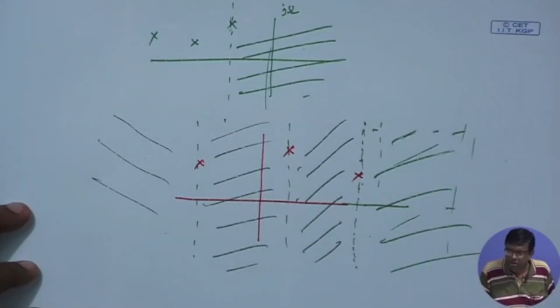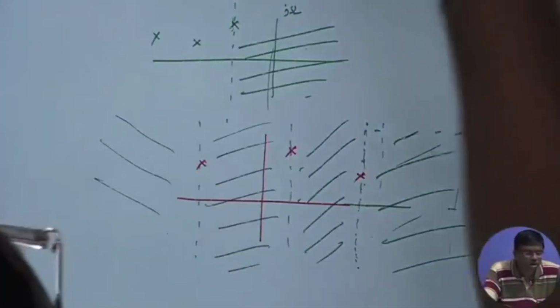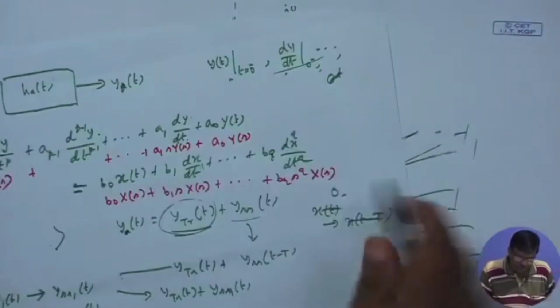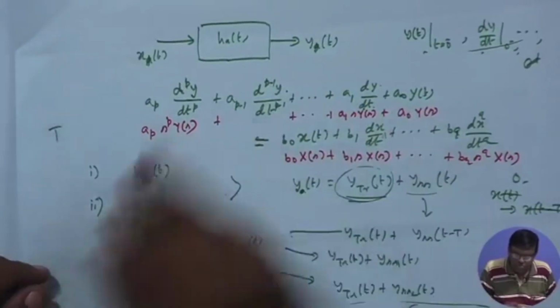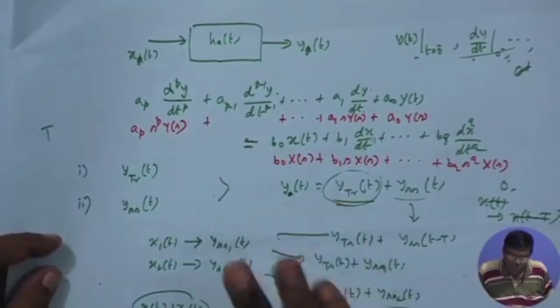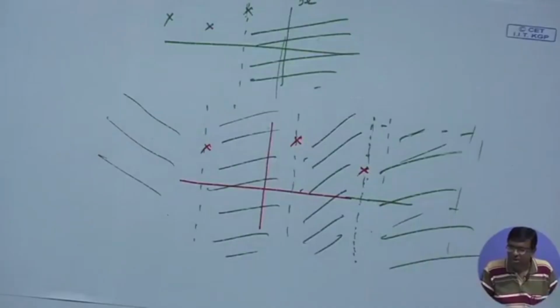Therefore, in designing analog filters, you make sure that you design these coefficients, AP minus A1, A0, not only to have some desired frequency response, but also to make sure that the resulting poles are all on the left half plane. Okay. Keeping these two in mind, and the other thing is, as I told you,